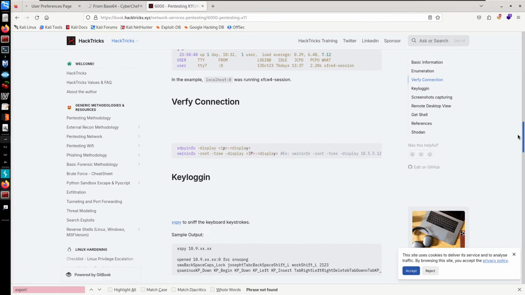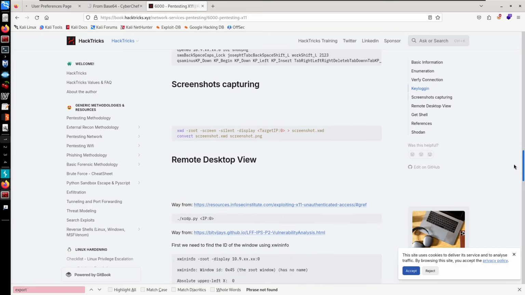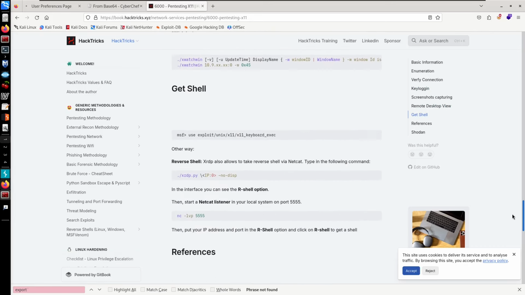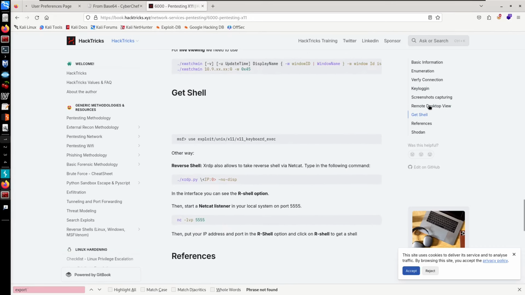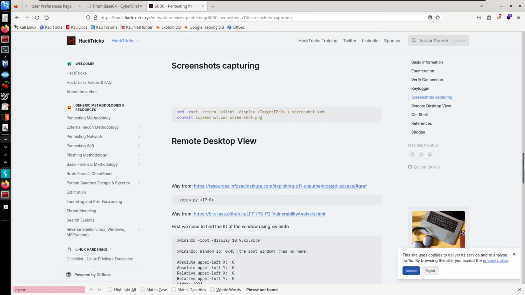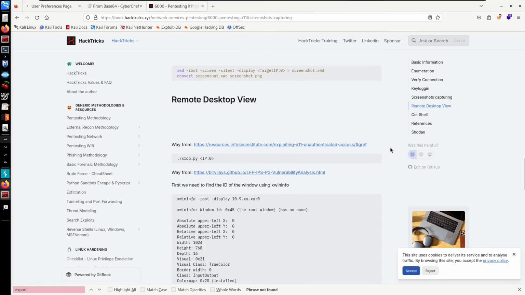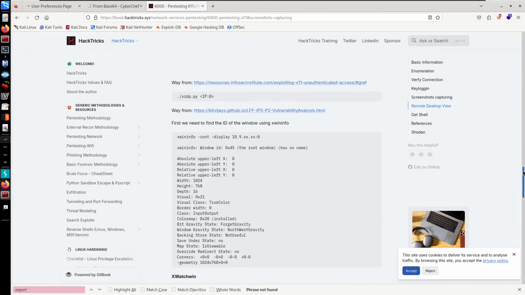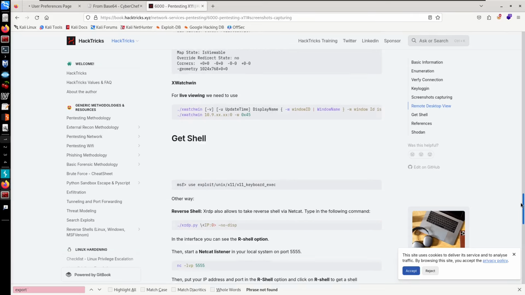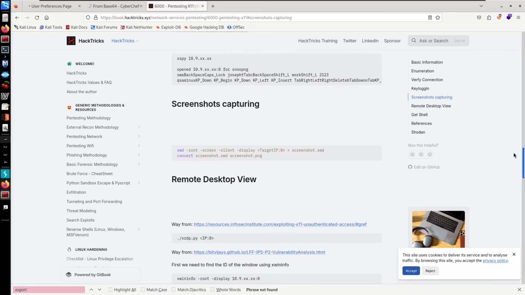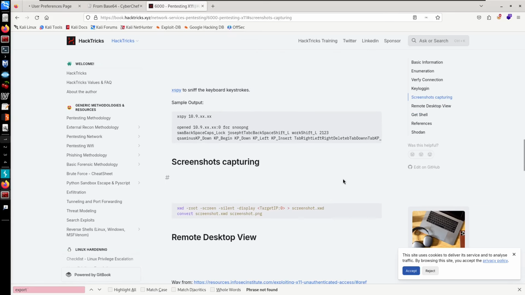Let's see if we can actually start by taking a screenshot, I believe it's on here, screenshots as well. You can also run applications on there as well, but we don't have X11 forwarding on there, which we can double check to see if we do have. If we do have X11 forwarding, then we can actually connect to the GUI, right, to the session. So we do have, we can get a shell, remote desktop,